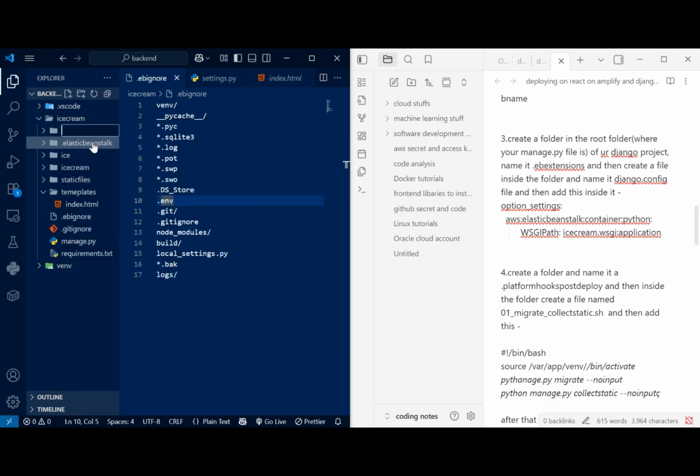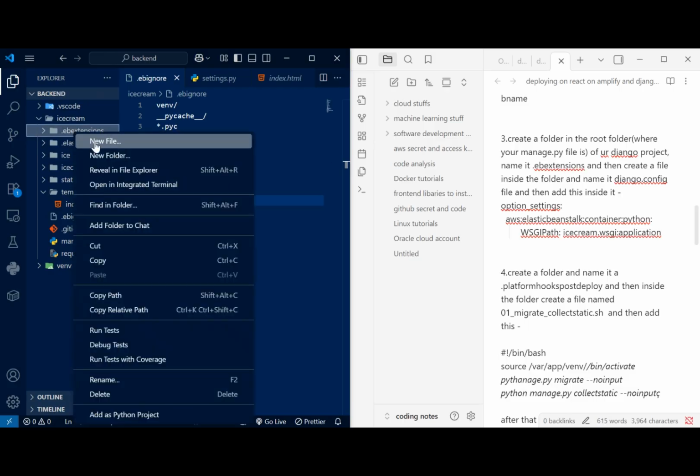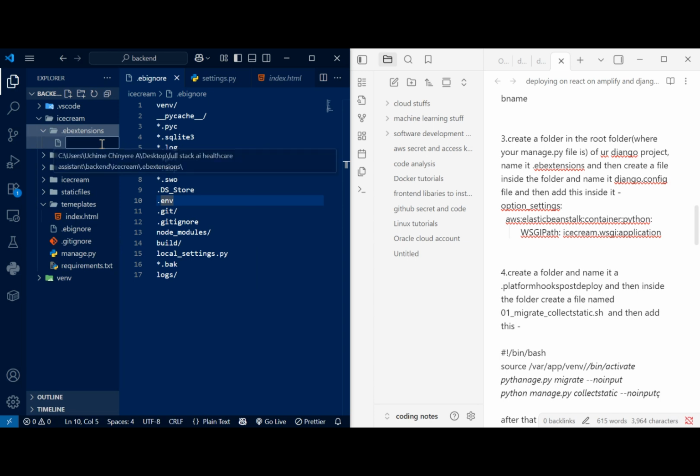So we're going to create a folder. We're going to name it .ebextensions. I hope I spelled it right. Yeah, I did. Then inside this .ebextensions, we're going to create a new file, and we're going to name it